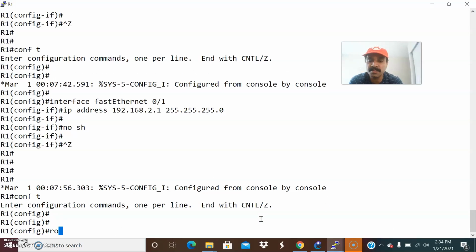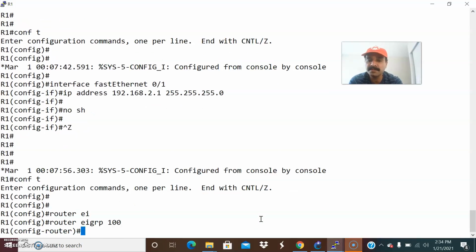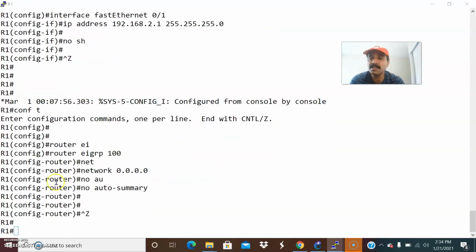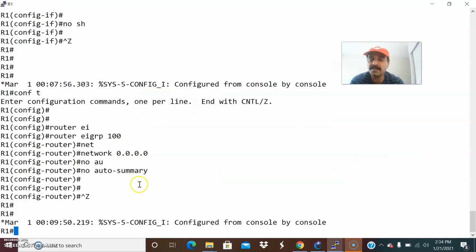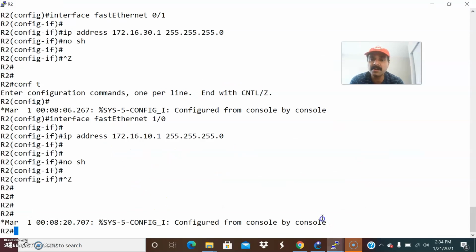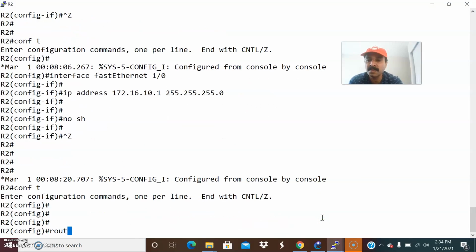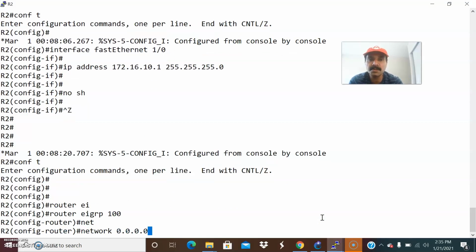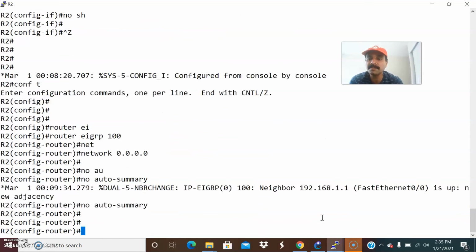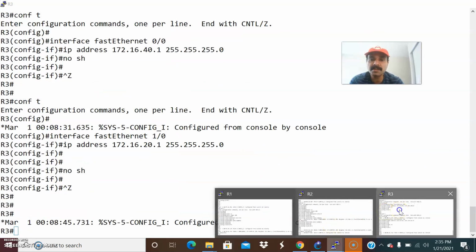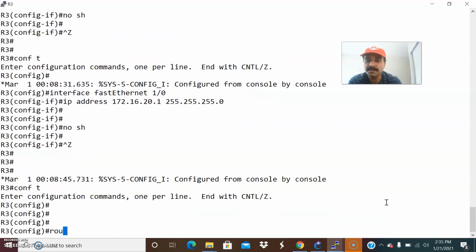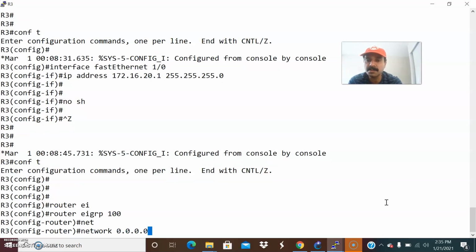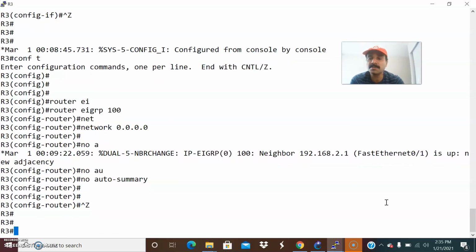Go to configuration mode, router EIGRP 100, network 0.0.0.0, and let us do a no auto-summary. This will automatically configure all the connected interfaces and advertise to the neighbors. This we call the shotgun approach. Similarly on R2: configuration mode, router EIGRP 100, network 0.0.0.0, no auto-summary. Similarly, go to R3: configuration mode, router EIGRP 100, network 0.0.0.0, and no auto-summary.